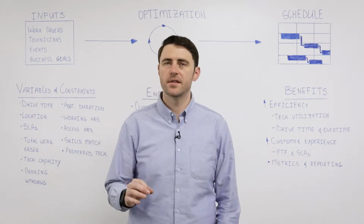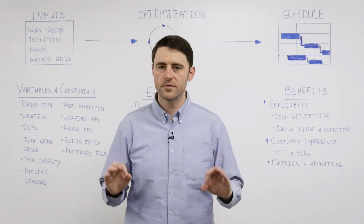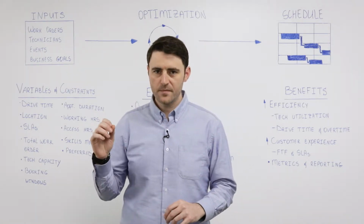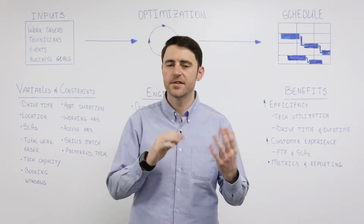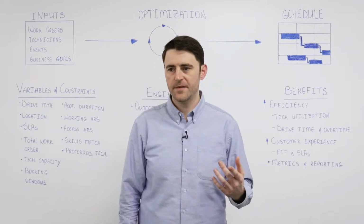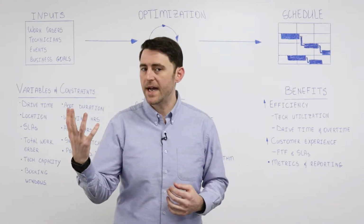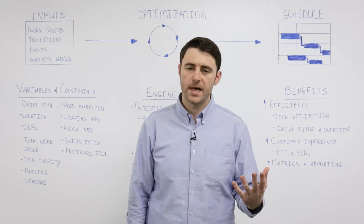The second reason that this problem is difficult is because each of those nearly innumerable solutions is not trivial to calculate the cost of. So what we mean there, a couple of examples to help, is that we're weighing various factors and decisions throughout this process of deciding how good a solution is for the business. A couple of examples might be, for instance, is it a better idea to miss an SLA by an hour this afternoon, or have a technician drive an extra hour because we shuffled the route in the morning to get